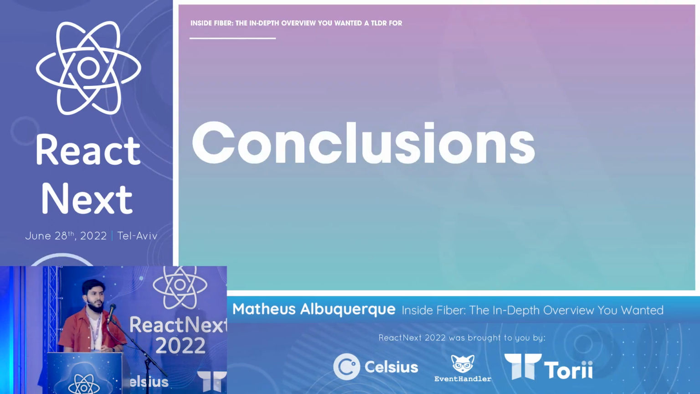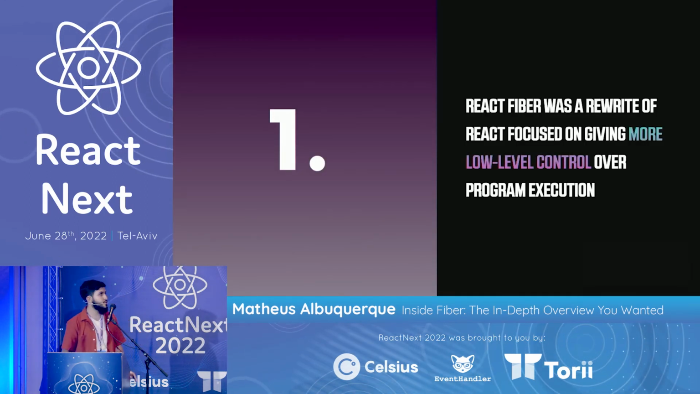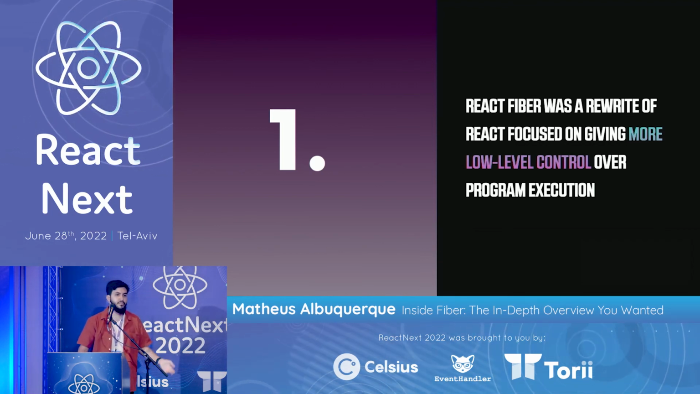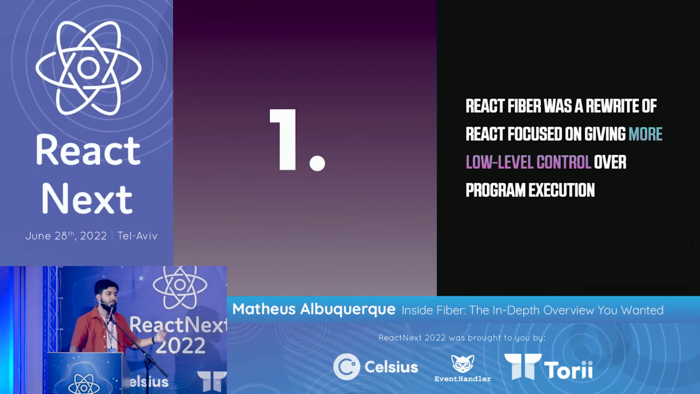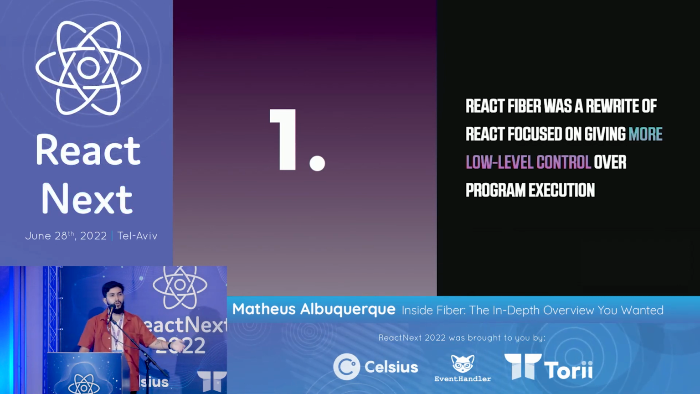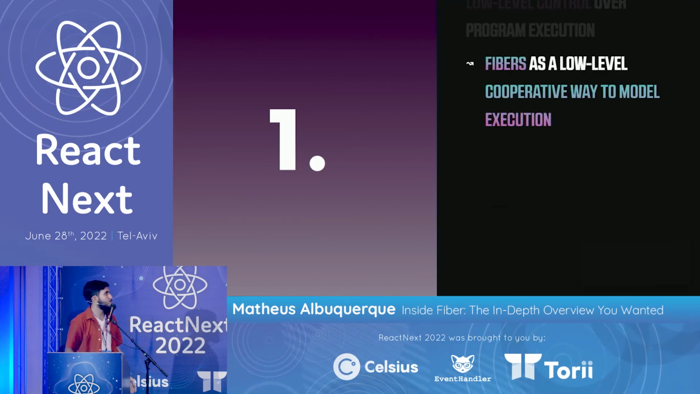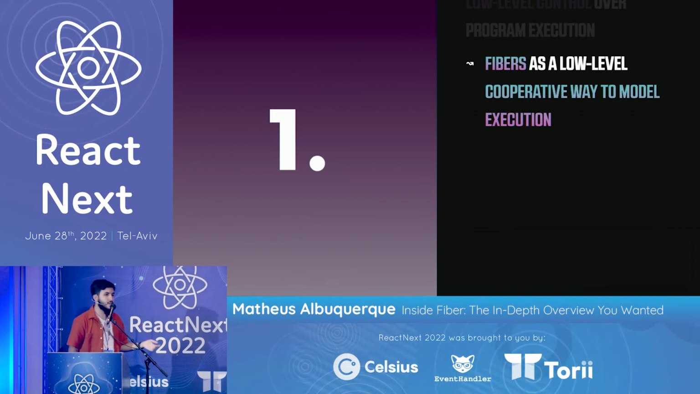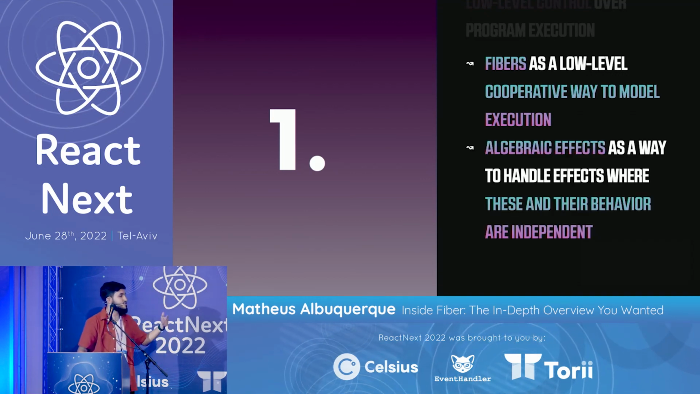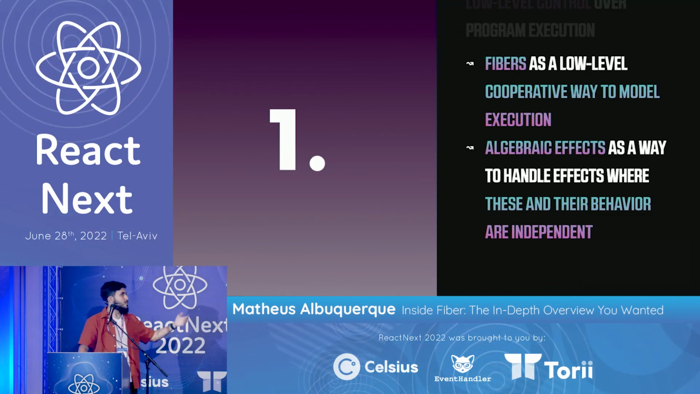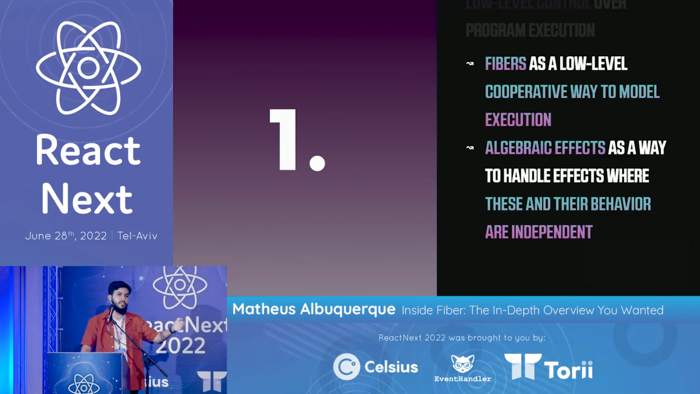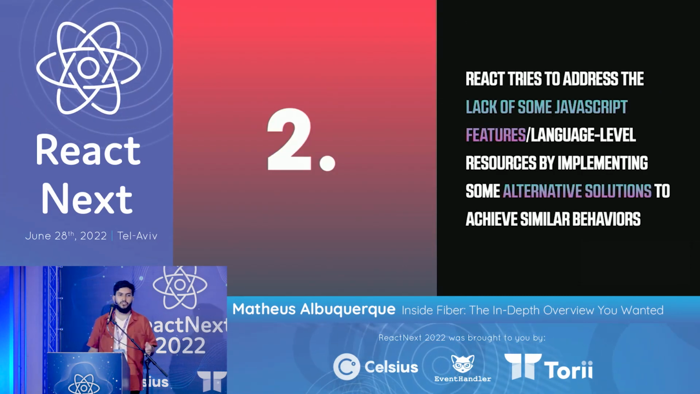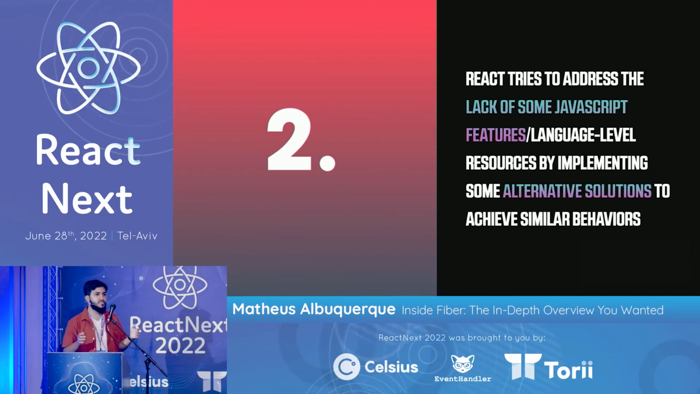So a few conclusions I think we might have from this. First one is React Fiber was this rewrite of React that happened before 2017 with focus on giving more low-level control over scheduling, where you have fibers as this low-level cooperative model to handle execution, and algebraic effects as a way to handle those where them and their behavior are independent. The second thing is we can notice that React tries to overcome the lack of those JavaScript features